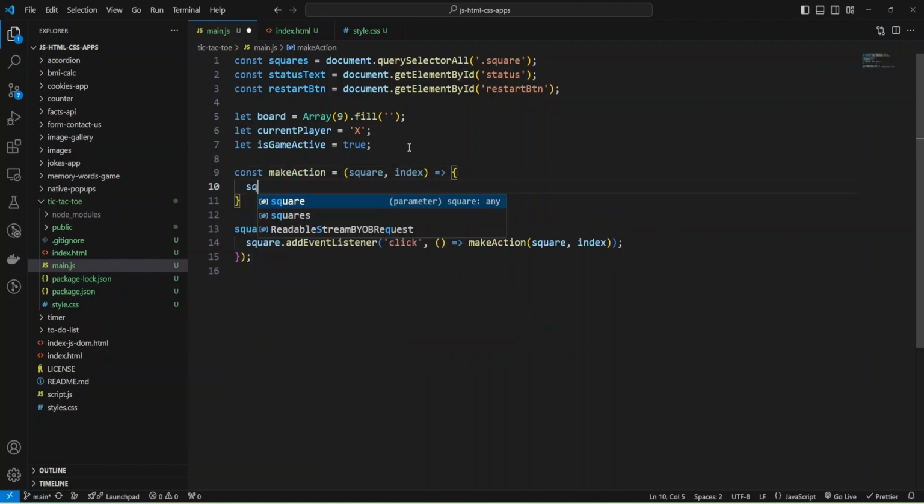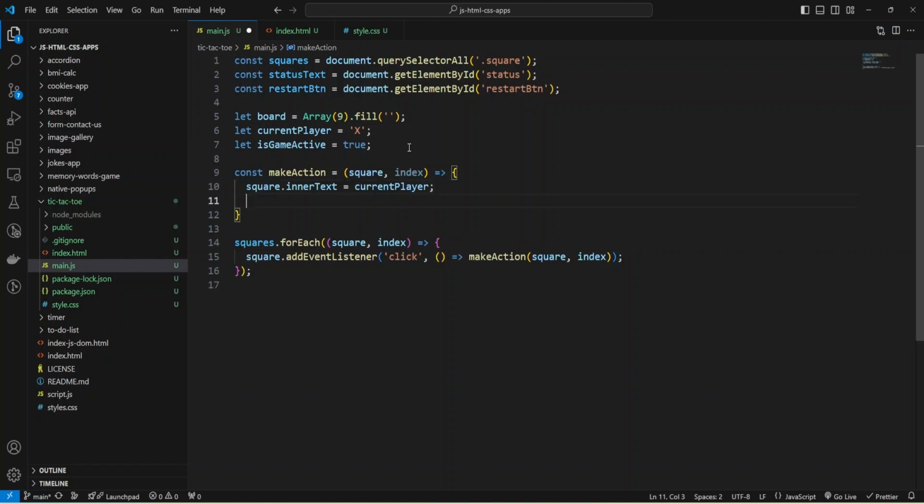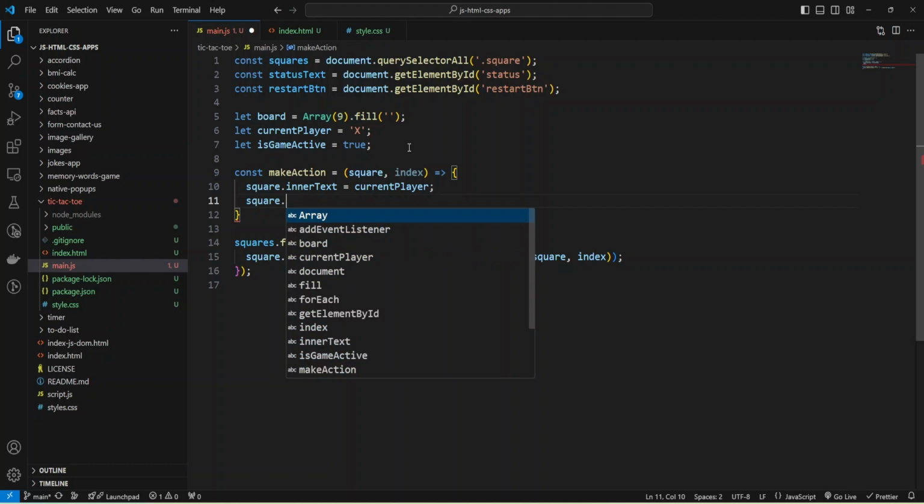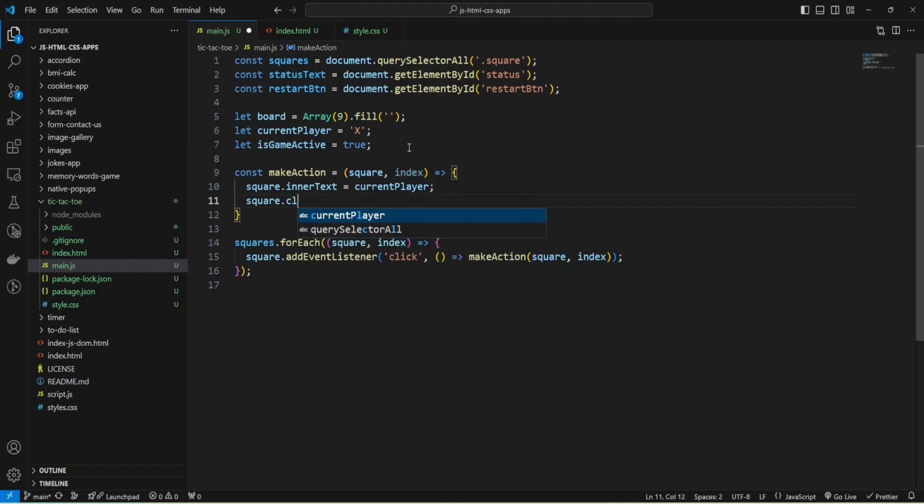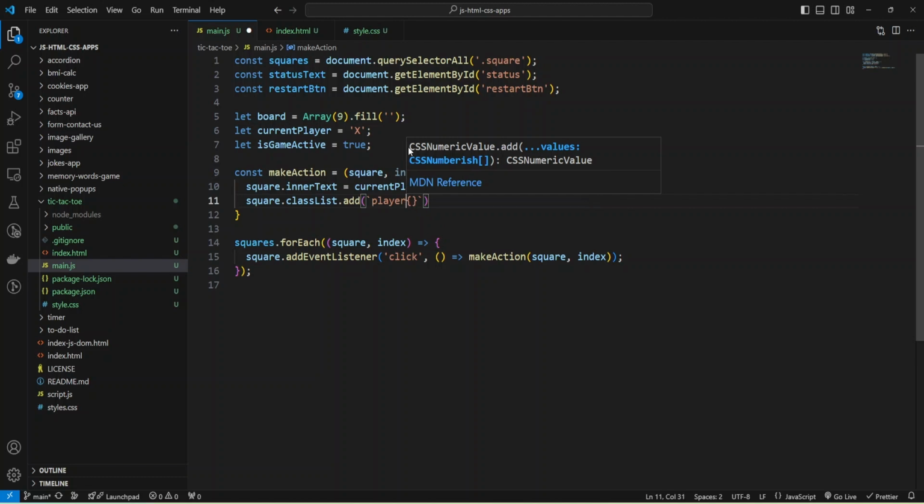And we need to change the text in our square, and it will be equal to current player, and also we need to add class, square class list add, some class depending on the current player, and it will be player, and use current player.